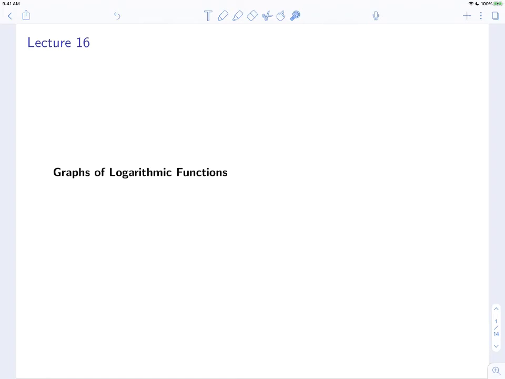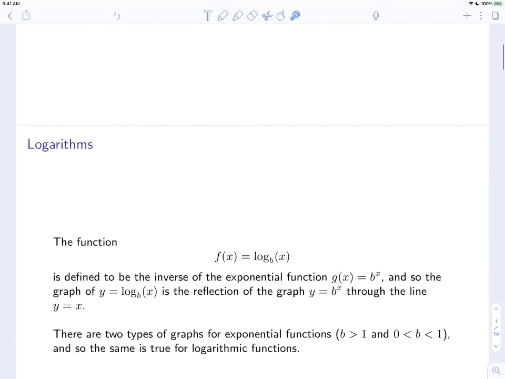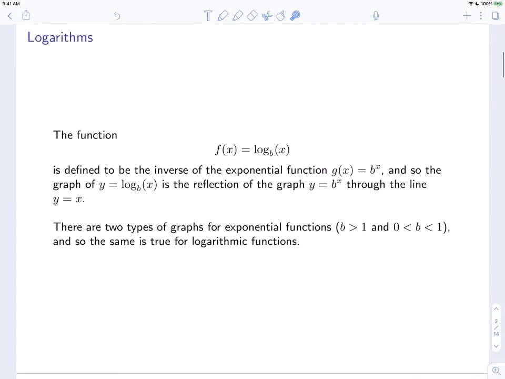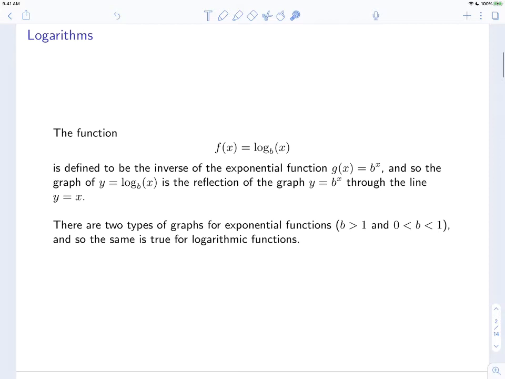In this video, we'll talk about the graphs of logarithmic functions. The function f of x equals log base b of x is defined to be the inverse of the exponential function having the same base. And so the graph of the logarithmic function is the reflection of the graph of the exponential function through the